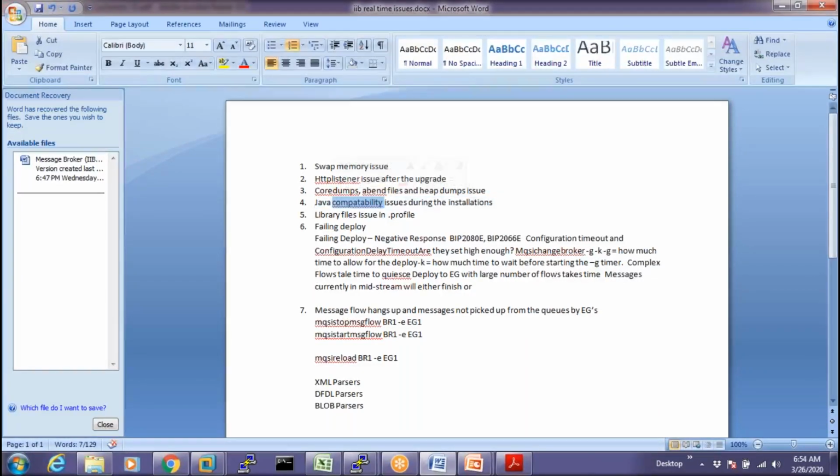Whenever we are installing IIB message broker and the operating system is not up to the mark, for example, when we need to install IIB 9, we need to have the Linux 7 operating system. If we are installing IIB 9 on the Linux 6 operating system, then definitely it shows Java compatibility issues. It says that the Java compatibility operating system does not support. That kind of error we may get when we do not use the appropriate operating system.